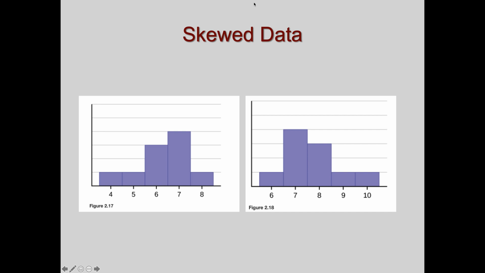Okay, skewed data. Skewed data is data that is not symmetric. It's not evenly distributed. It kind of gets pulled in one direction or another. For instance,